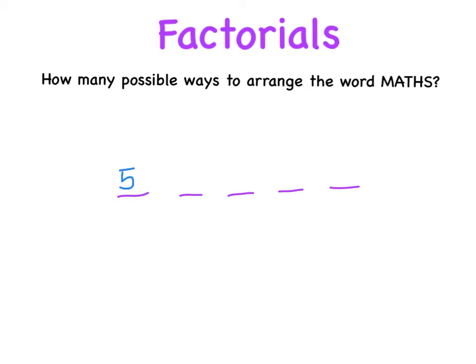Now, one of those options is already used in this box, which means, say for example, I had used the letter T. Then here, I'm only going to have the letters M, A, H, and S to choose from. So I now have 4 options. Say for example here, I use A. Well, then I only have M, H, or S to choose from, which means I now have 3 options, and so on. And then I would have 2 options, and then only 1 option left to go into